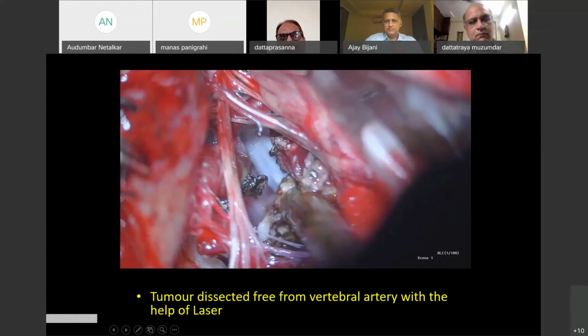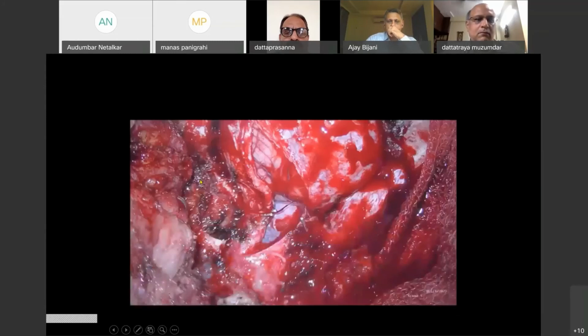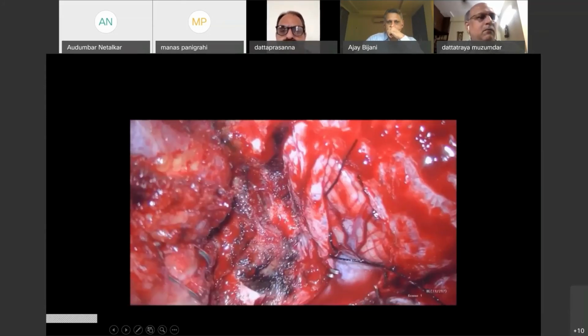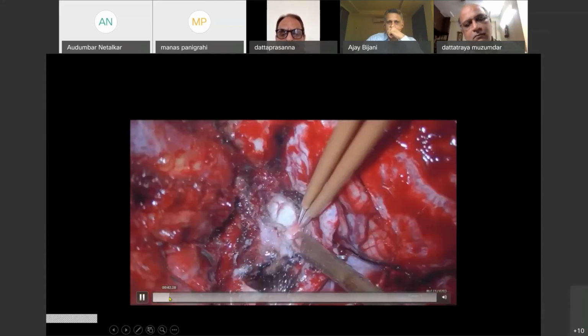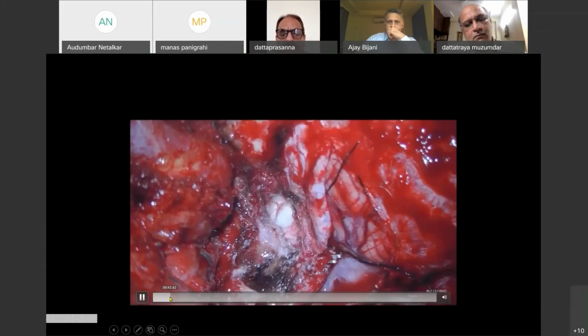You can see here the vertebral artery course. And this is the end of tumor resection. This is the video. So here we did a partial condylar resection.